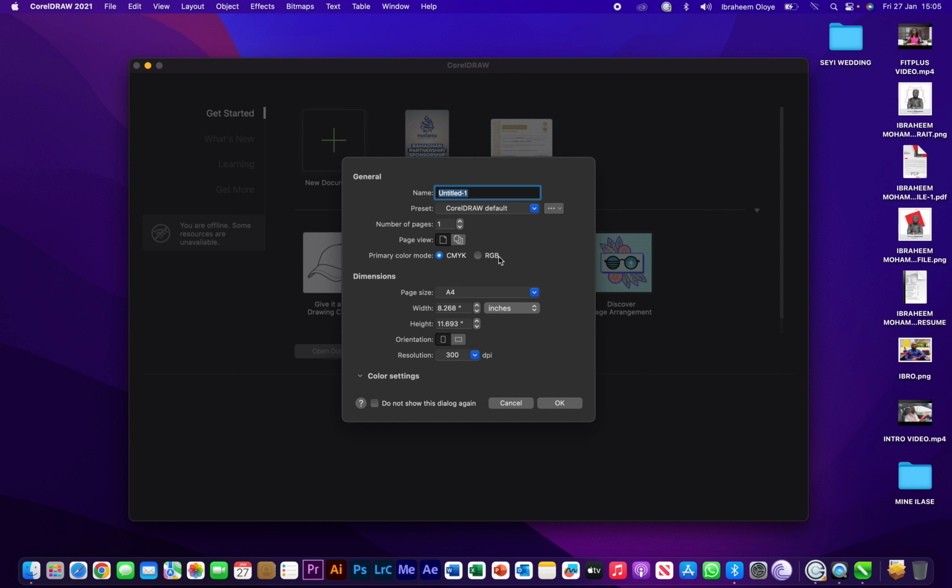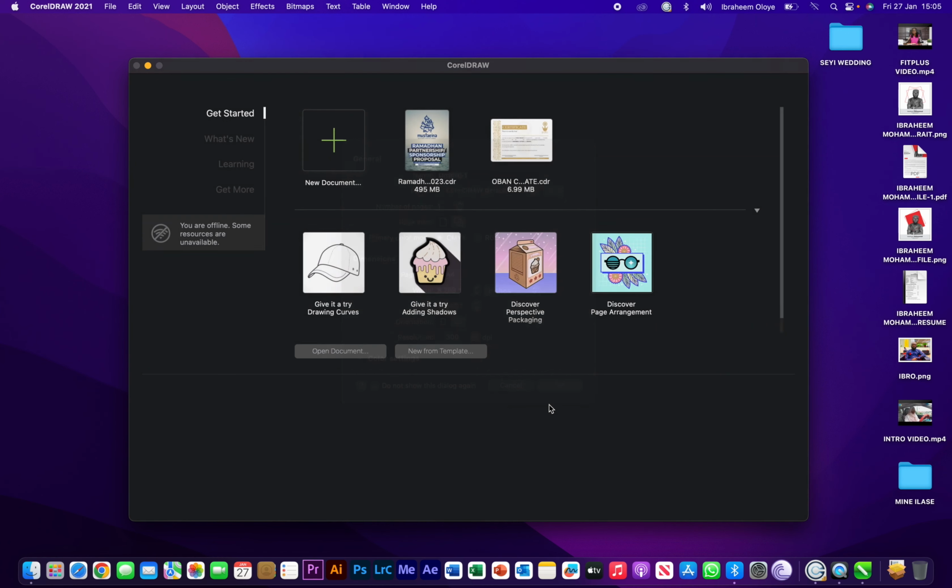RGB is good for digital, for viewing. So let it be CMYK. Page size A4, leave it as that. This is the size, this is width and height. Then unit of measurement is inches. The orientation is portrait, and resolution. So just click on OK. Click on OK, and another